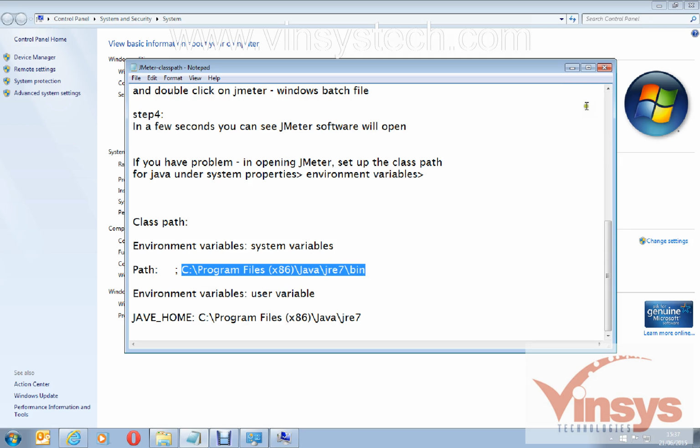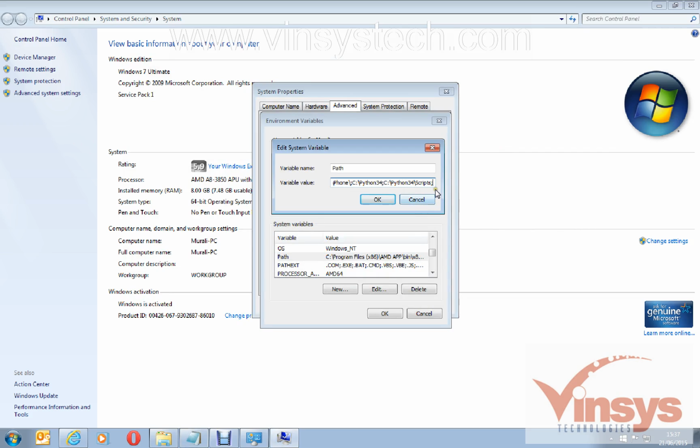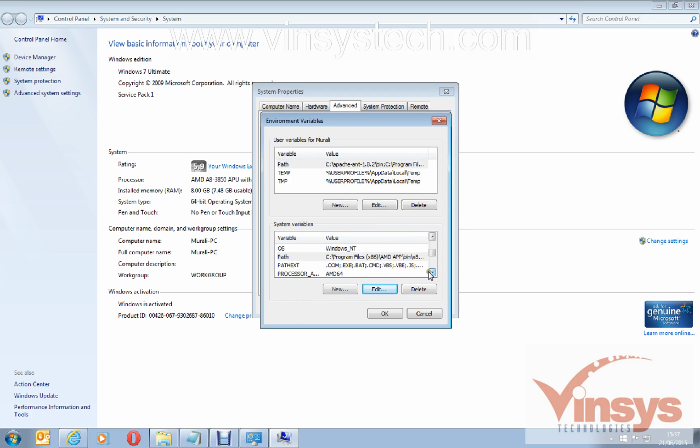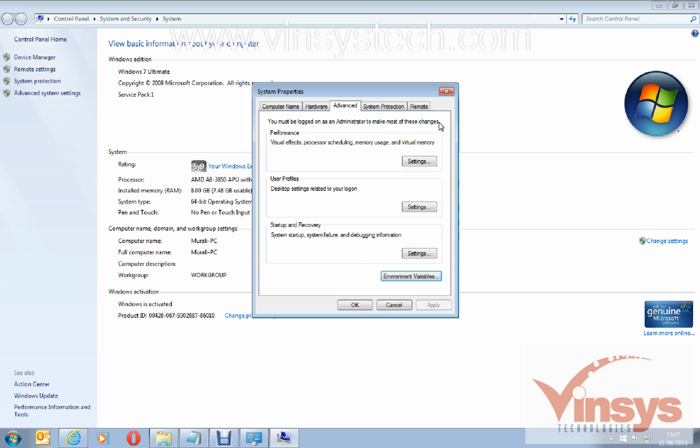Copy and paste like this. I have already set it up, so I'm just deleting. Like this, and click OK and follow the steps.